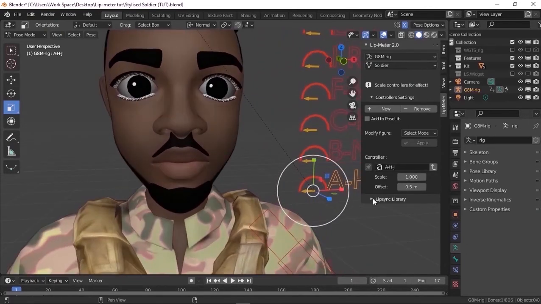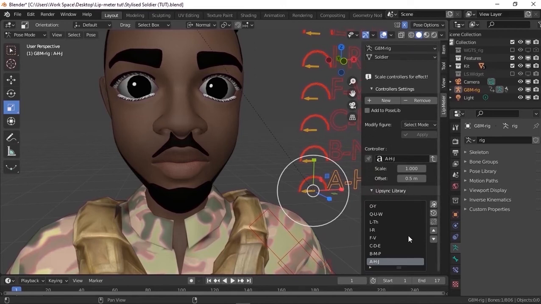Down here in the lip meter panel, it's a library for the controllers. They are called pose markers. I could just select one of the pose markers and then click the apply button here to see the effect. And let's just cycle through all the markers and see their shapes. So this is A,